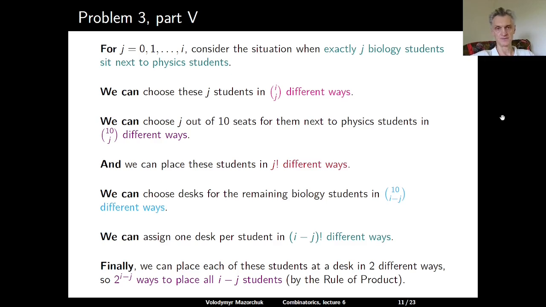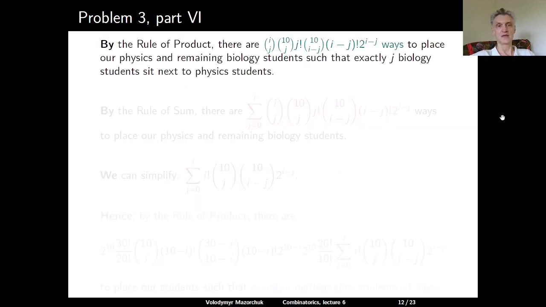So 2 to the power i minus j in total, because we have i minus j students, and we use the rule of product. Okay, so now by the rule of product, we have i choose j times 10 choose j times j factorial times 10 choose i minus j times (i minus j) factorial times 2 to the power i minus j ways to place our physics and remaining biology students such that exactly j biology students sit next